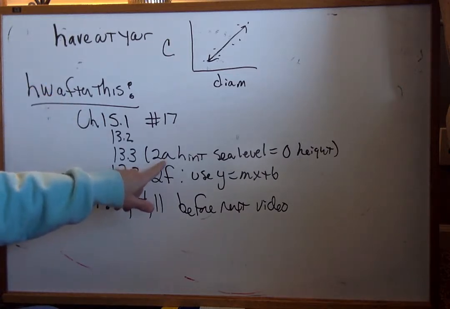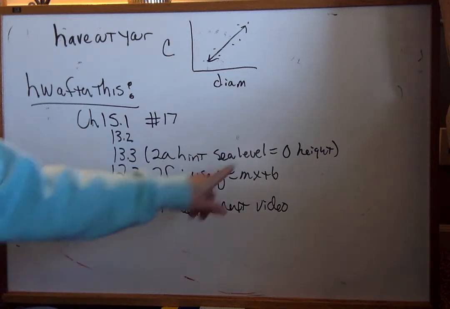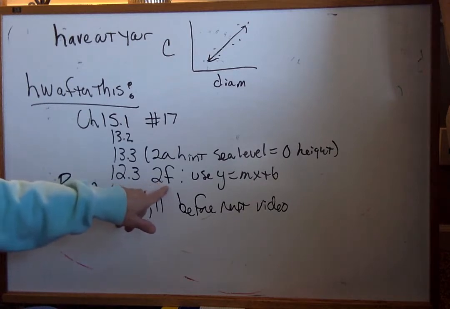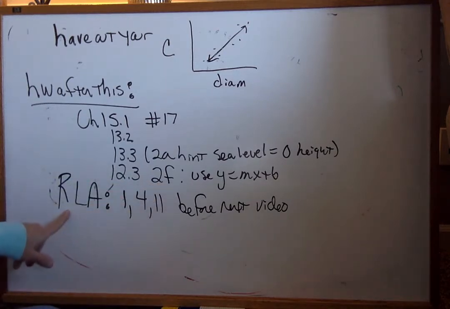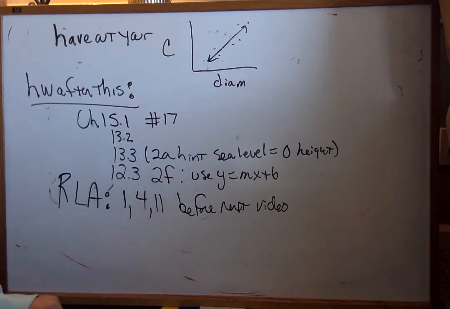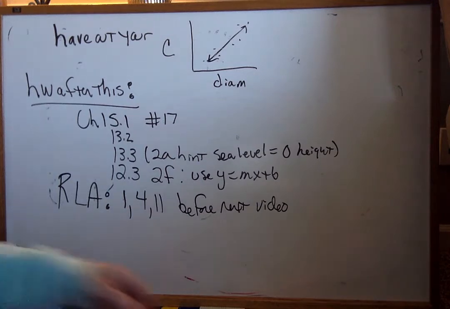This one I'm just giving you a hint for 2A. That sea level means 0 feet, and I'm giving you a hint for 2F. And then from the real life algebra handout, do number 1, 4, and 11 before you watch the next video. So